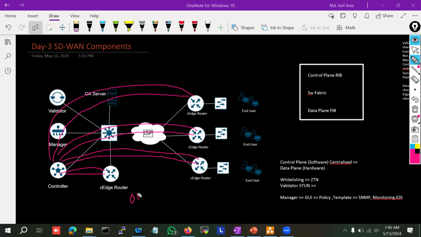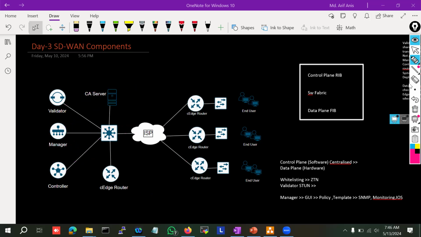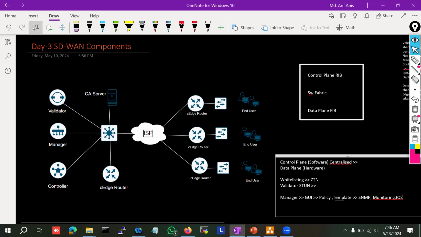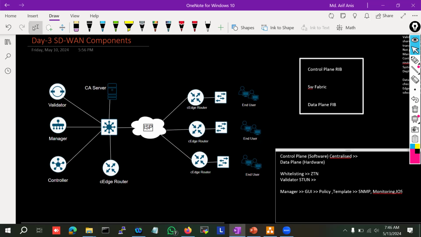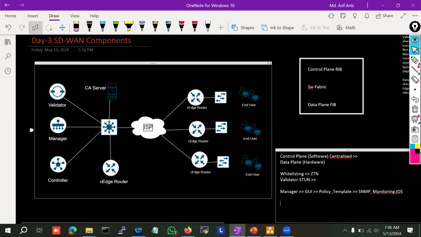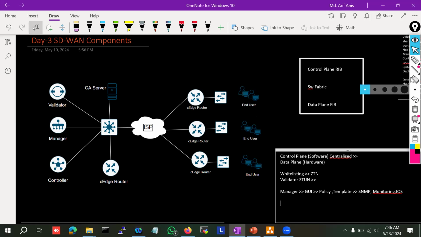OMP, overlay management protocol, right? So overlay management protocol is the routing protocol of this SD-WAN fabric. This overlay management protocol will handle all the traffic, how traffic will go. So via this overlay management protocol,